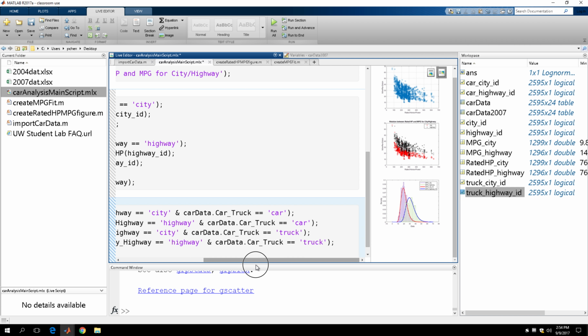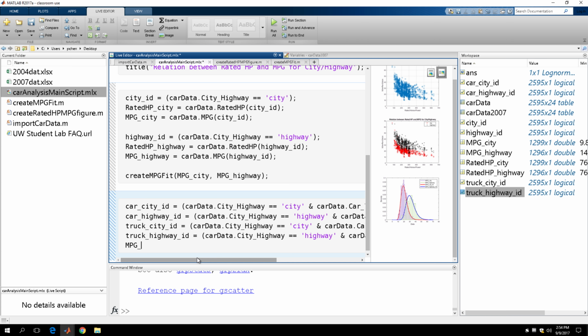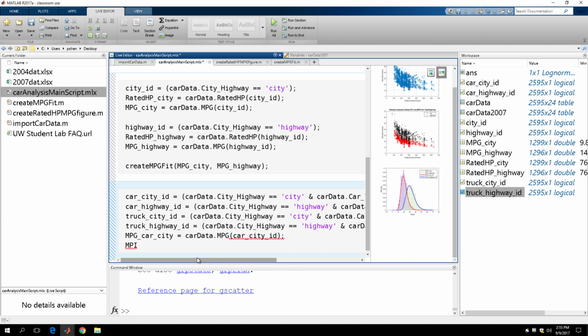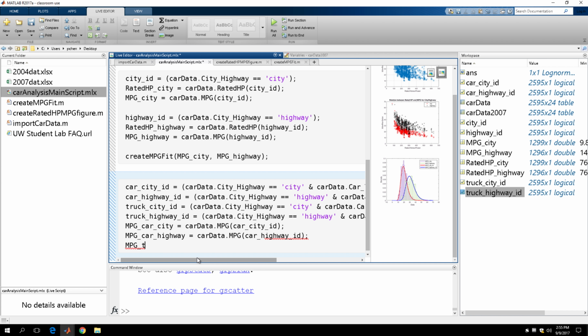So suppose we want to do MPG. MPG car city is gonna equal to car data dot MPG, right? And then car city ID, right? And then MPG car highway is gonna equal to car data dot MPG car highway ID, right? And then MPG truck city is gonna equal to car data dot MPG truck city ID,